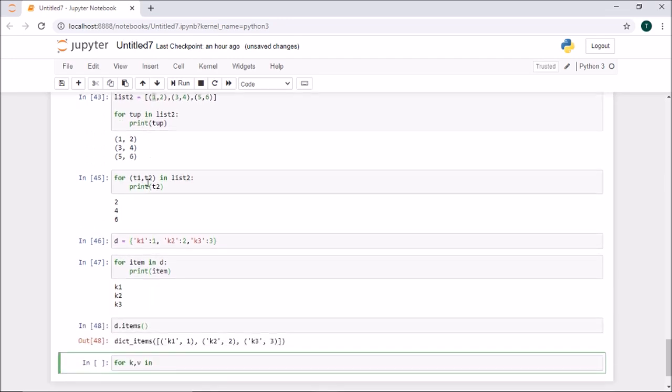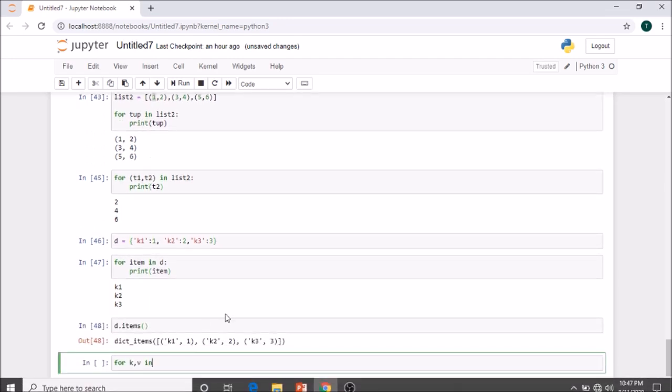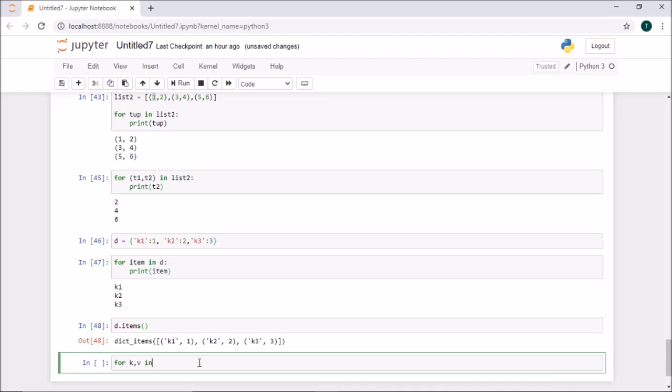So from that list we will write t1 and t2 and we can get the values, right? So for k comma v in d dot items, this denotes the entire list. In that, print k.